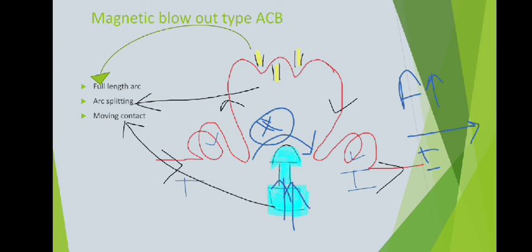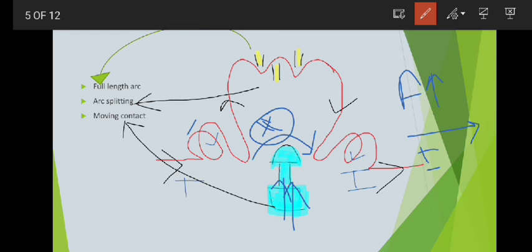This magnetic blowout circuit breaker provides magnetic control over the arc movement to make arc extension within the device. The arc extension is controlled using the magnetic field. Here the magnetic field will be provided on both sides of the moving contact. And the current in the blowout coil is connected in series. Those are the blowout coils, two blowout coils, connected in series with the circuit,